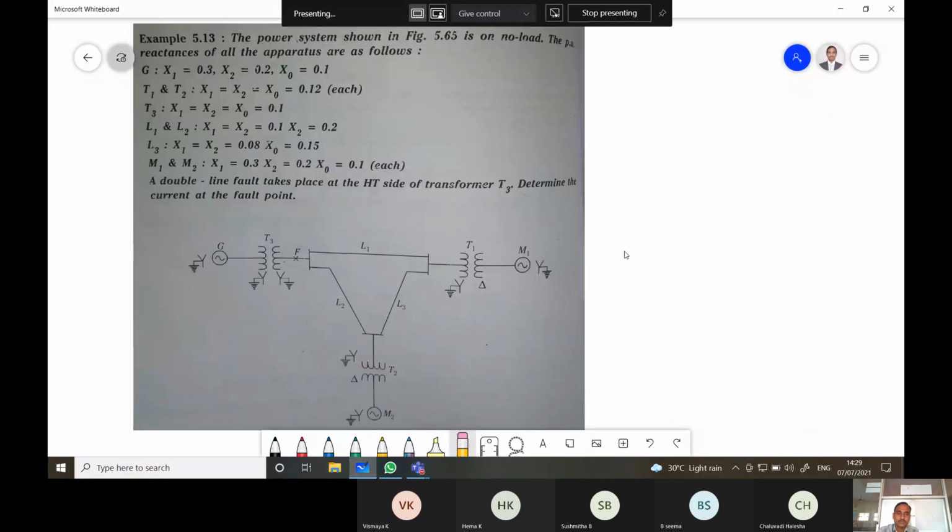Good afternoon, everyone. So, we'll solve some more problems on unsymmetrical analysis. Take this problem. The power system shown in figure is on no load. The per unit reactances of all the